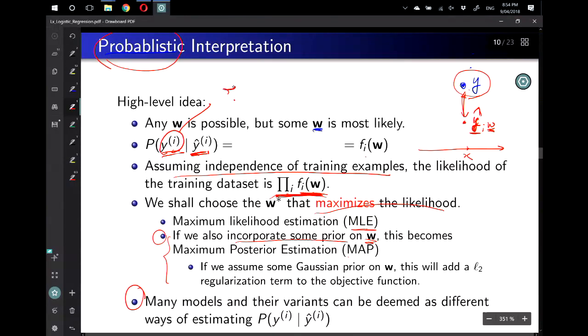It's not going to be a real value. And my model estimation is going to be a value between 0 and 1, so you need to impose some kind of probability estimation there. And in that case,